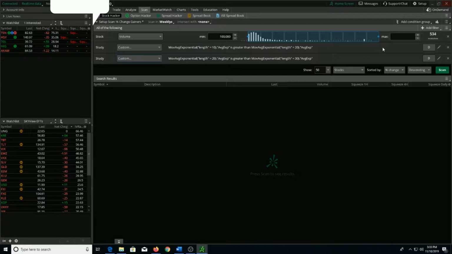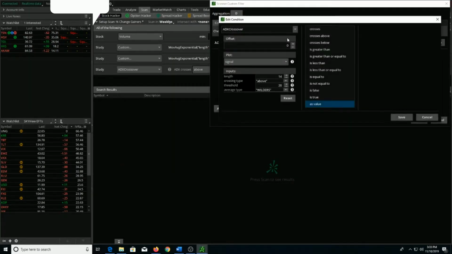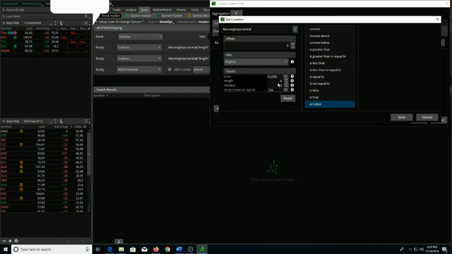Okay, we've got two more to add in order to get this first one set up. I'm going to add another study. Come down here and set up a custom. Edit it. This time we're going to do a study, another moving average exponential. We're looking again for the 30, and we want it to be greater than, set the study,